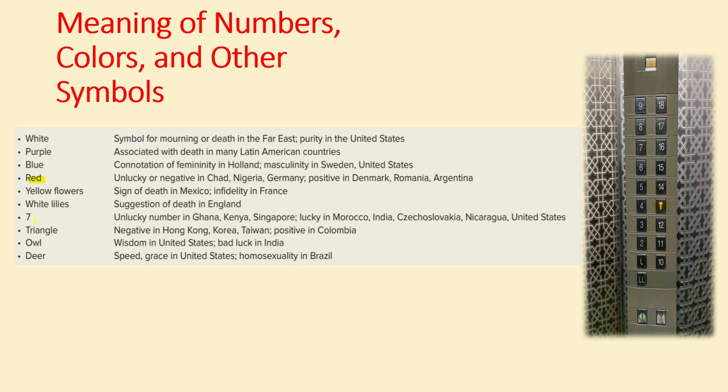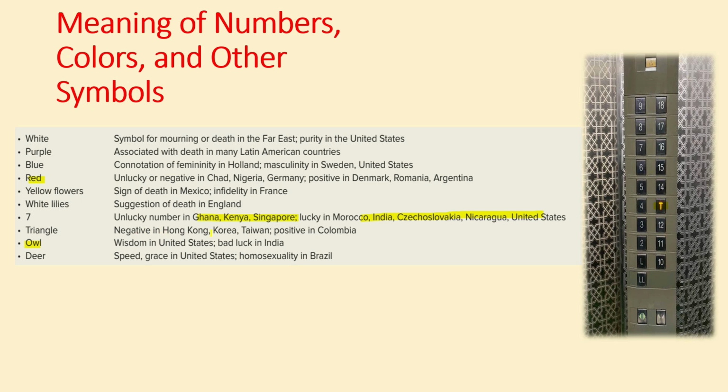Similarly, there are a lot of rumors around 7. It is considered unlucky in Ghana, Kenya, and Singapore as well, whereas it is considered lucky in many countries. On the other hand, some animals are also considered symbolic, like the owl, which stands for wisdom in the USA and bad luck in India. So these symbols are actually important to understand for the marketers